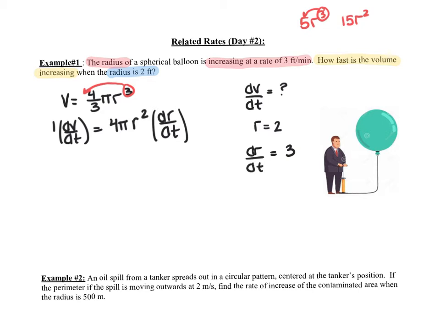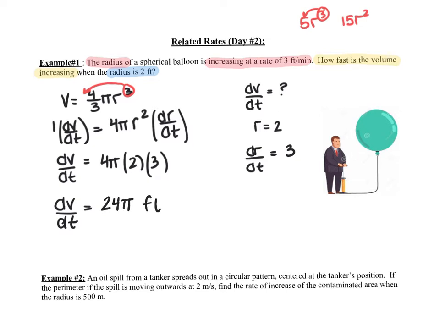So we want to solve for dV/dt. The derivative of the volume with respect to time is 4 times pi. The radius is 2 and dr/dt is 3. So to solve for dV/dt, we're just going to multiply. So 4 times 2 times 3, and then tack on the pi. So 4 times 2 is 8, 8 times 3 is 24. So 24 pi